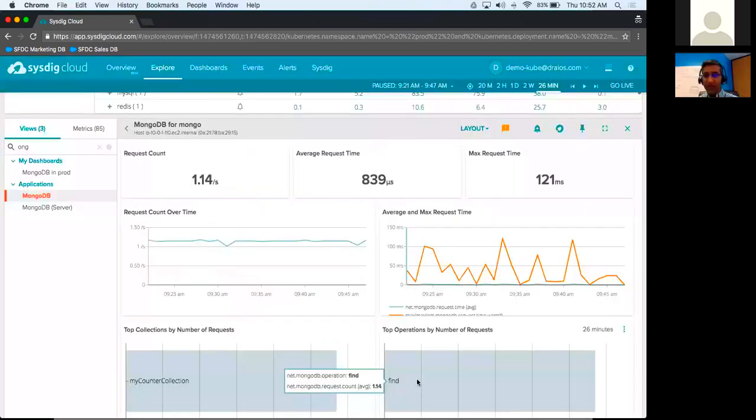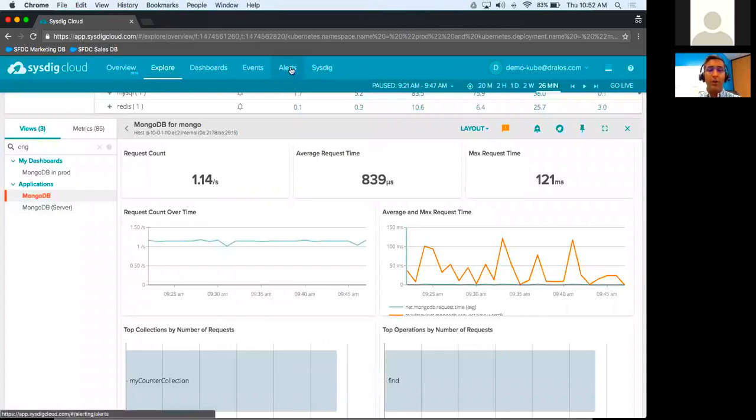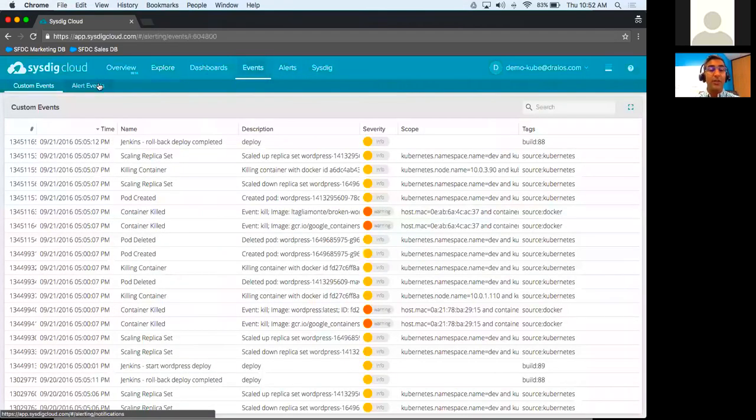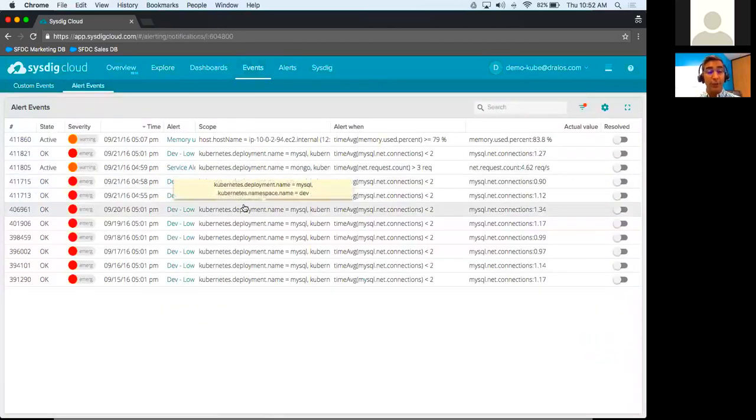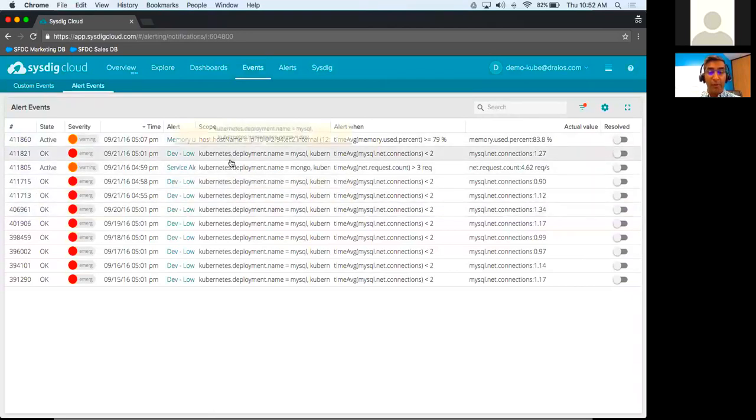All right. So now let's just say we've created an alert. I didn't actually create that alert, but all your alerts would be listed here. And more importantly, when an alert fires, it creates an event. Sysdig actually collects two kinds of events today. One is an alert event. And so you can see here that we have a number of alerts that have fired in our system. And two is a custom event. And a custom event is pretty much anything that's relevant that you would want to post to the system.